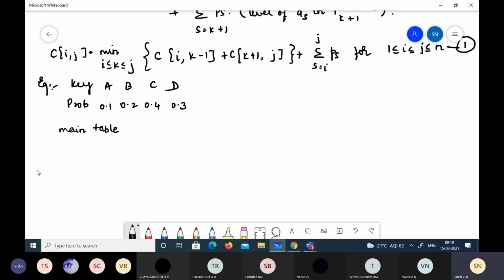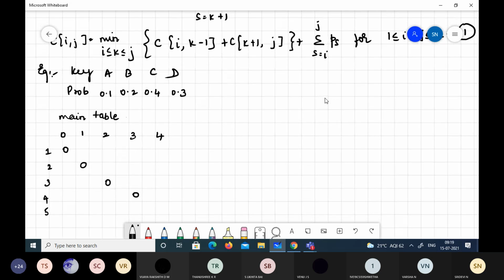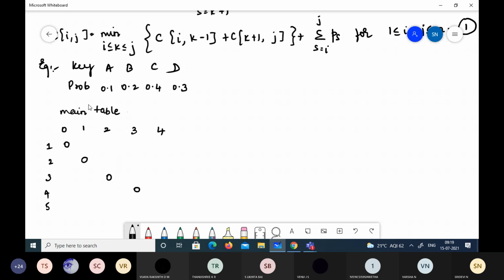Okay, we have a main table. In that, we will take one extra row and column, because we need to fill zeros in the diagonals.